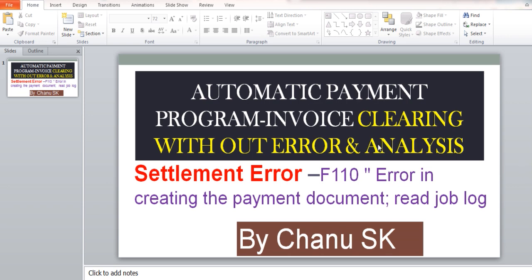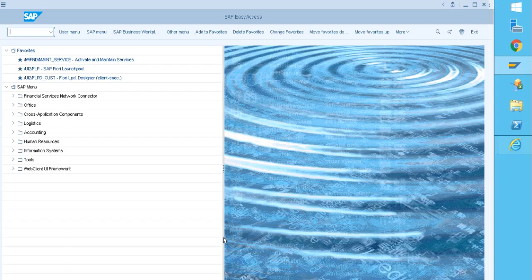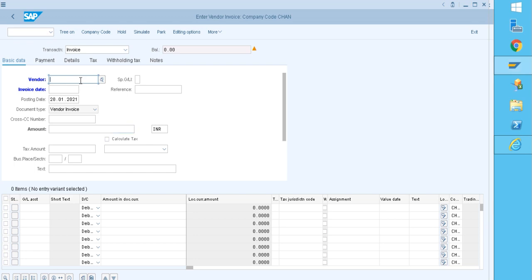So let's move to the topic without any further delay. I need to post one vendor invoice. For that, go to transaction code FD60 and give the vendor details, invoice date, and any reference. I am posting 9,000 rupees, with reference test 1237.